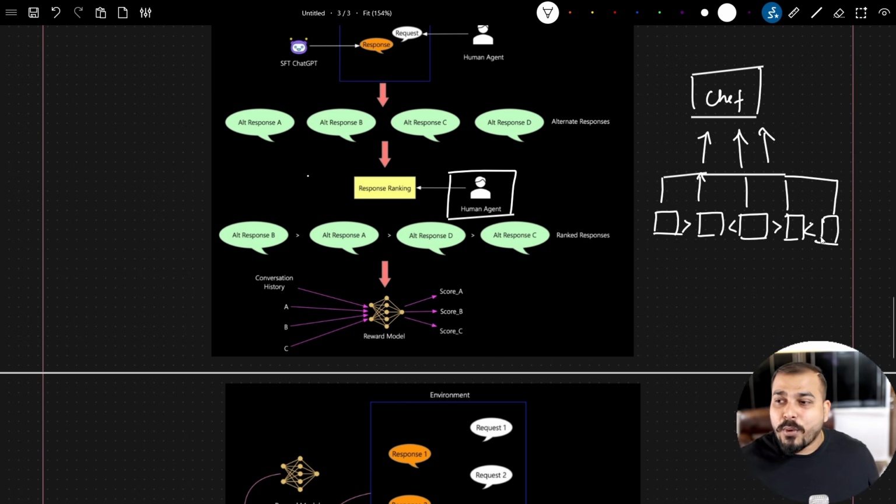this. Now, once we try to rank this specific response, what the chef will do is try to create a reward model. And this reward model will be very, very simple. It will be a binary classification. Over here, cross entropy is also used, okay? Cross entropy is used. Now, based on this, whenever the chef gives any response, right, it